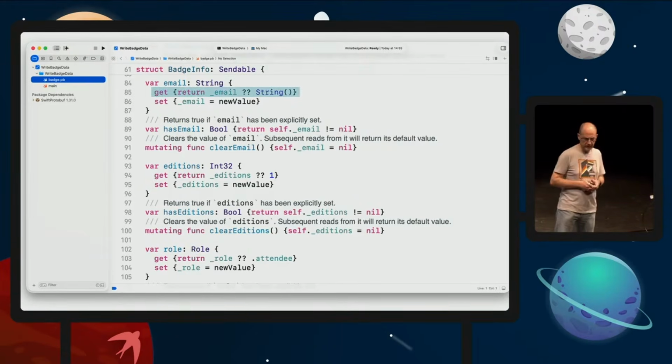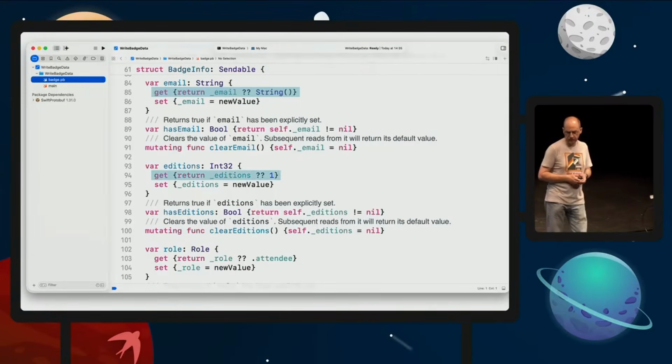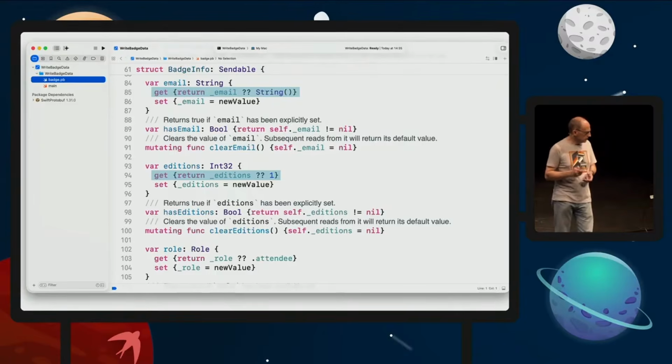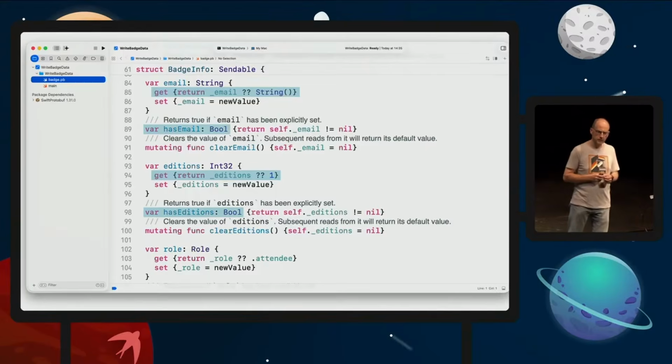And we can see here that we have the default empty string, and we have the default value that we defined, the one for additions. But still, there are properties such as has email and has additions that are added, because even if there is always a default value that you would get back, protobuf still allows you to check whether a value was explicitly defined when you encoded the data.